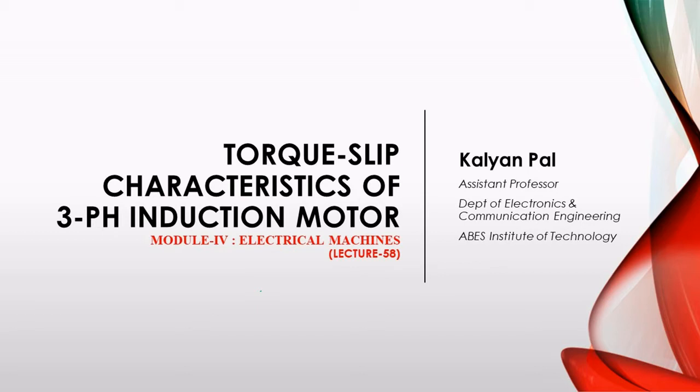As we have already discussed, the EMF is induced in the rotor winding because of the rotating magnetic field produced in the stator, according to Faraday's law of electromagnetic induction. Then the current starts to flow. Therefore, the force is developed, and finally, the torque is produced. We have also discussed that the direction of the rotor is the same as that of the rotating magnetic field.